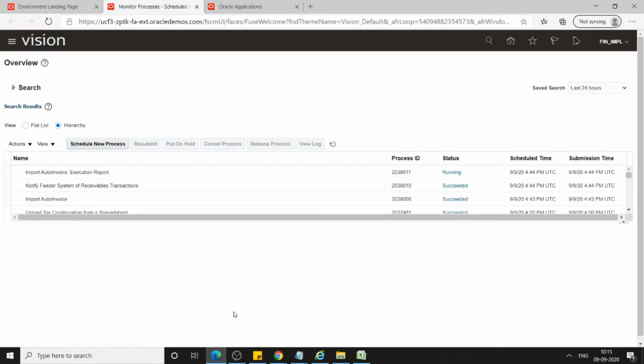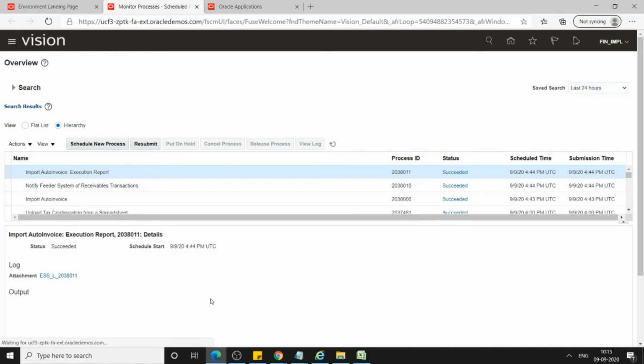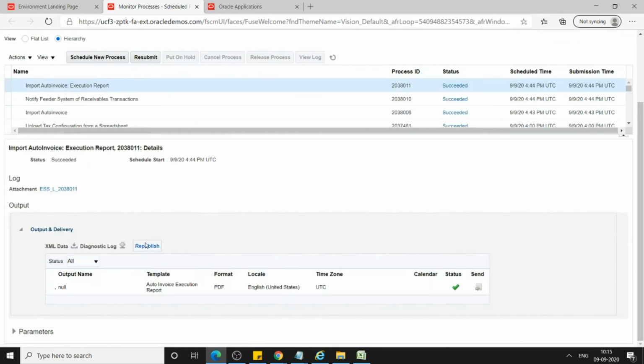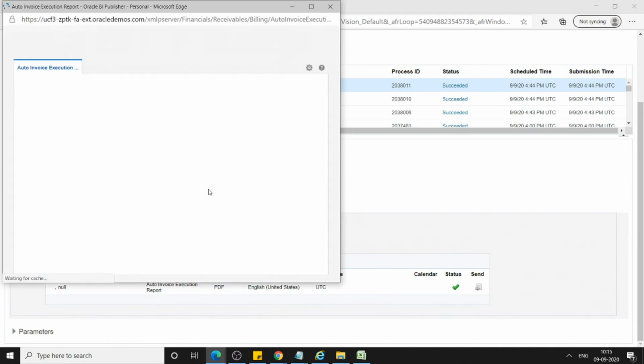Now go back here and click refresh. Here you see there's another program, import auto invoice execution report. Using this report you can see whether your program completed successfully, or if it has any errors, you can see that here. Click on republish.